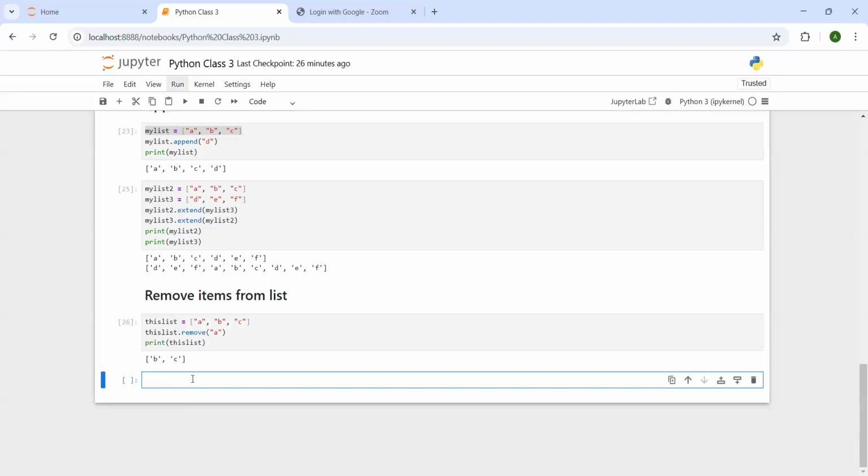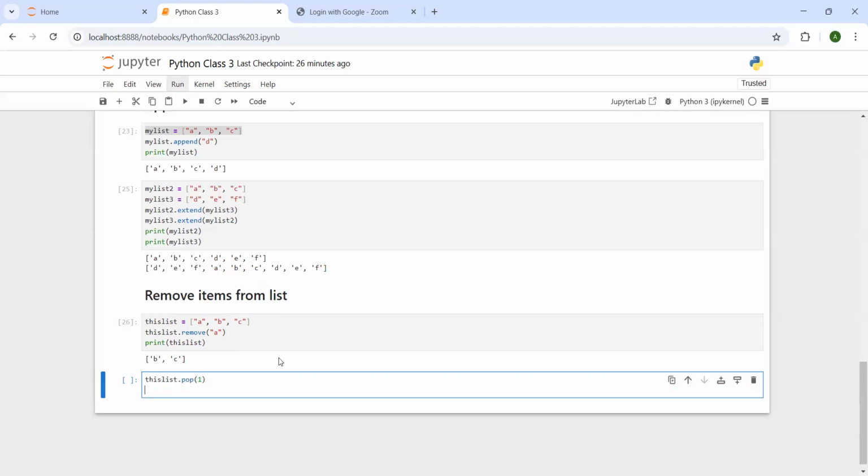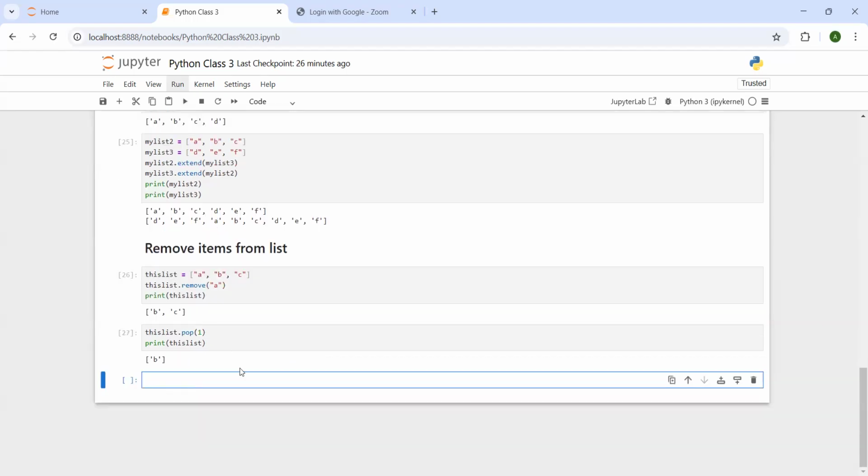Also, if you want to do this by the index of the item, then you have to use the pop method. So in this particular list, suppose I want to remove the B item. B item has the index of 1. So simply write this list dot pop and then write the index. Here the index is 1. And then if you print the list, then it will be simply